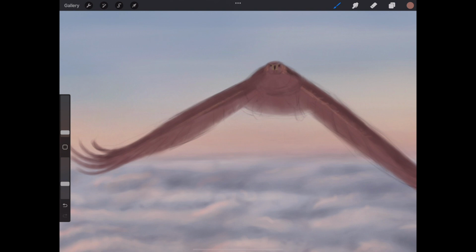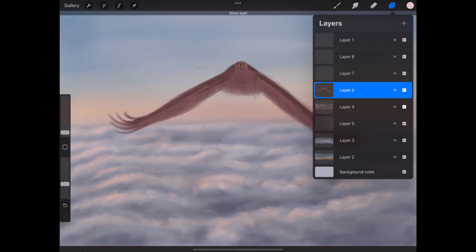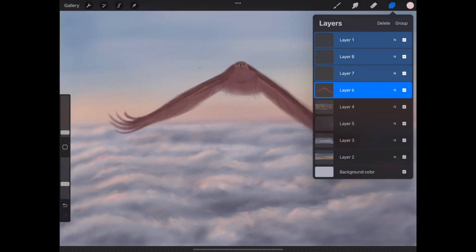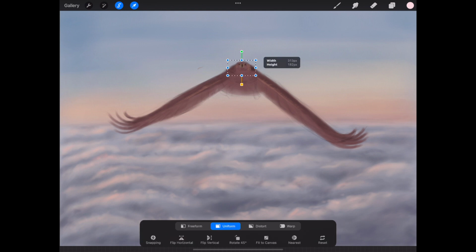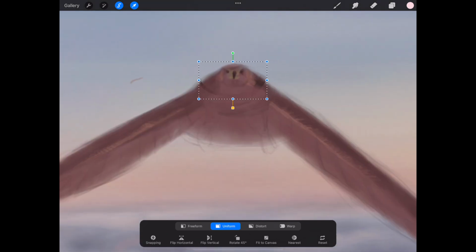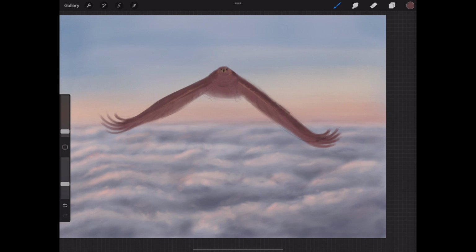I see the head a little bit small, so I will select by swiping left all the layers concerned and then clicking on the select button on top and freehand. We can then adjust it. That's better. I correct the wing on our left, also on the right, and then let's give some shadows.